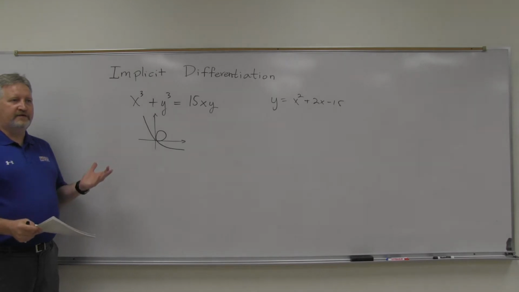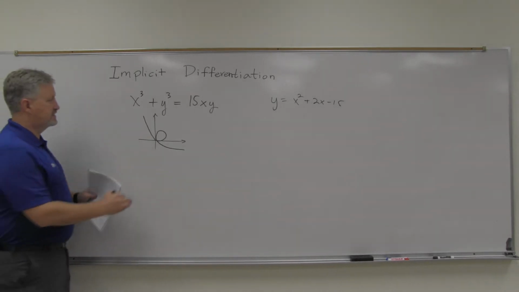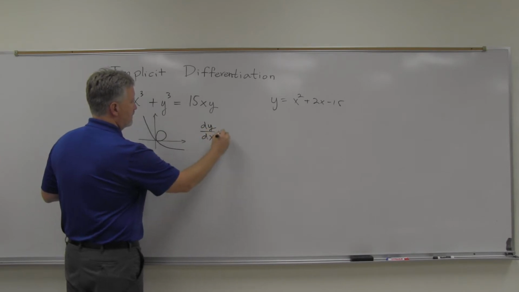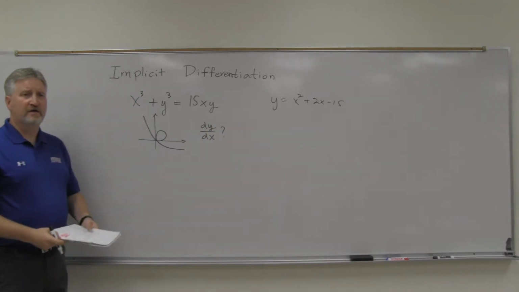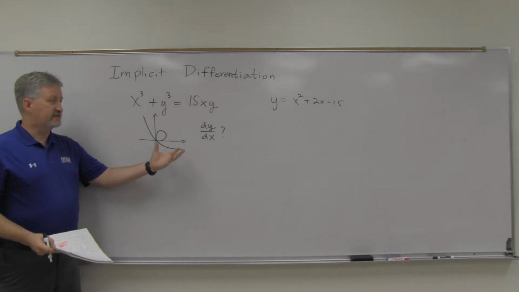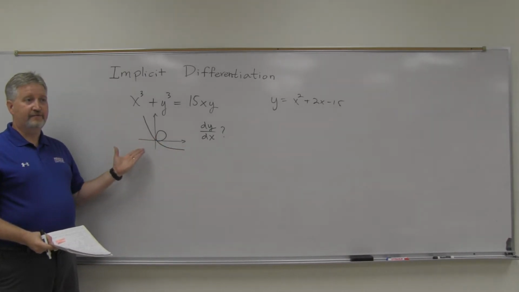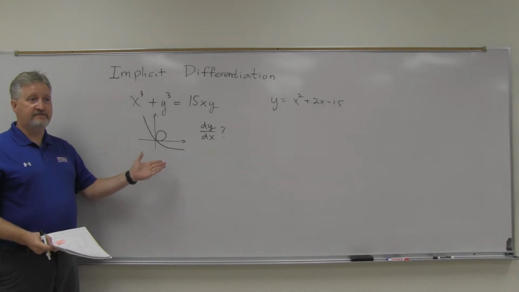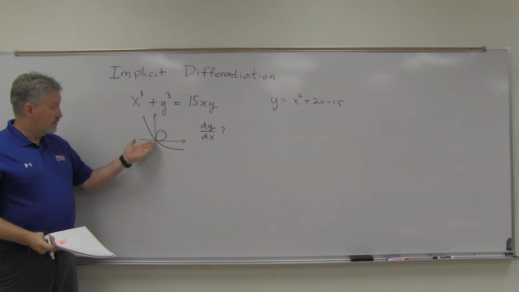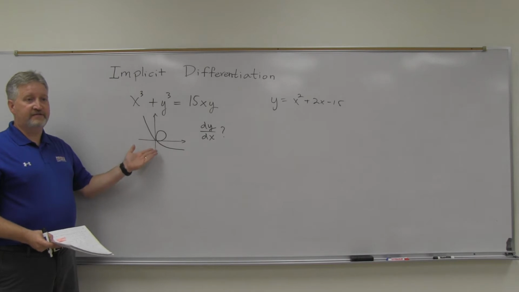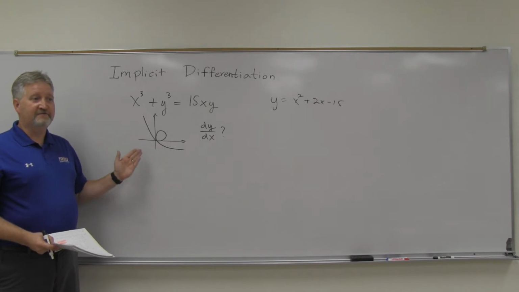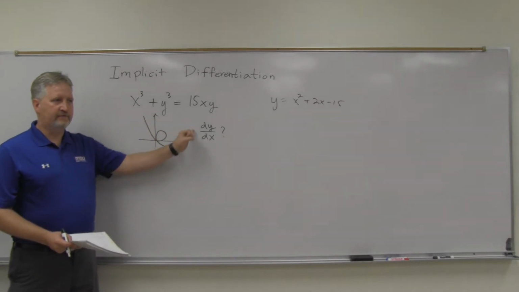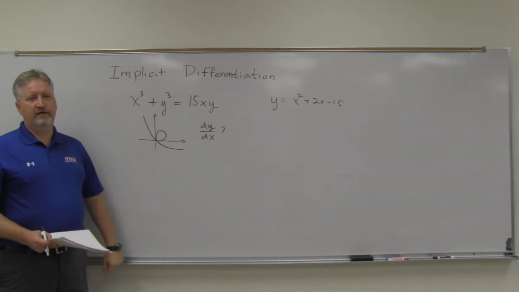I draw it up here because doesn't it make sense to think about the derivative of y with respect to x? Because we know the derivative of y with respect to x, for the graph, is what? Slope of tangent lines. Doesn't this graph have tangent lines? And wouldn't those tangent lines have a slope? Yes, they would. So it makes sense that we should be able to come up with a derivative of y